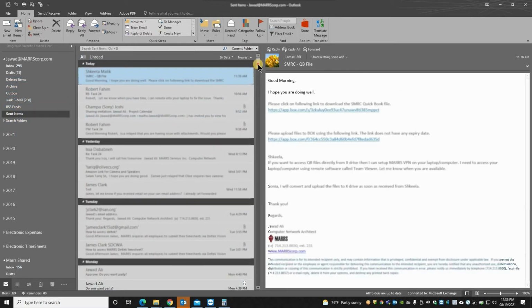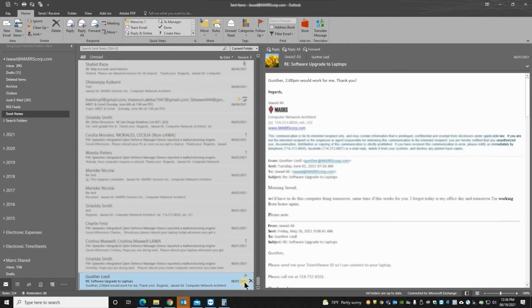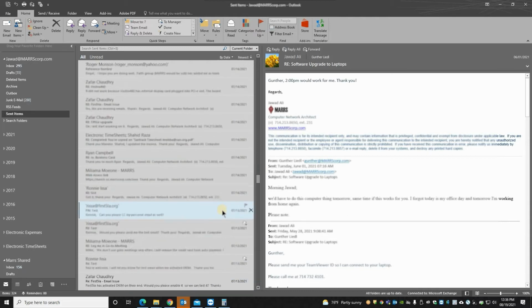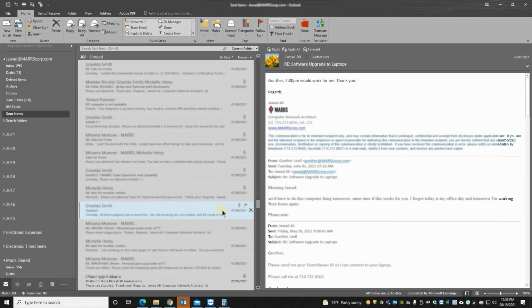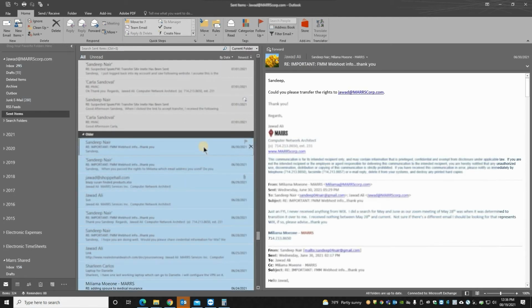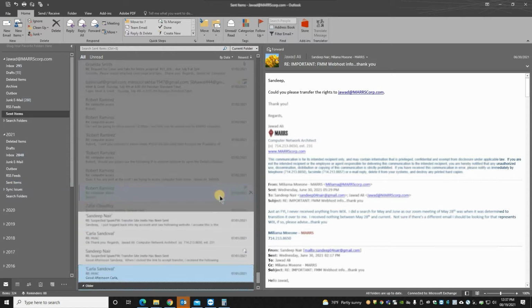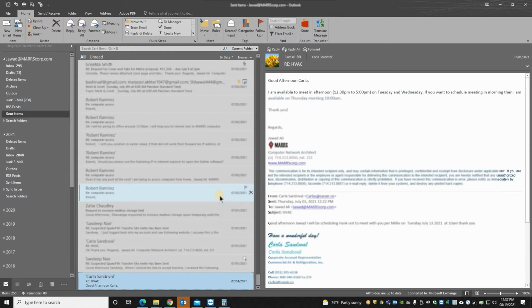Let's suppose you go to the sent items, don't forget about the sent items. You see over here, I still have the sent items from June onward. Let's suppose I want to go from June to June 30, I will select all those 30 and move them into sent items. So the sent will go into the sent and inbox will go into the inbox. So this is the whole month. Let's see how this is. It took just 2 seconds to archive the whole month.